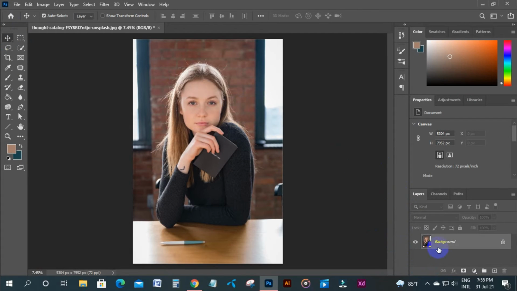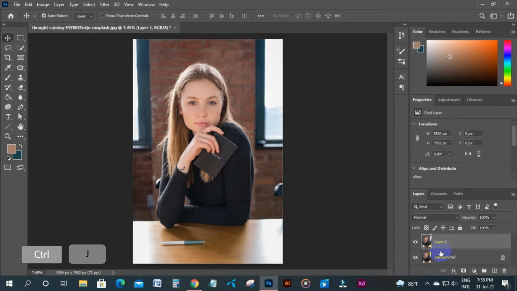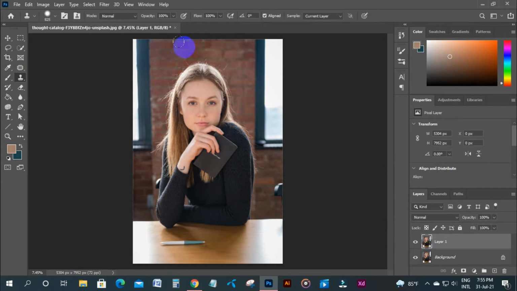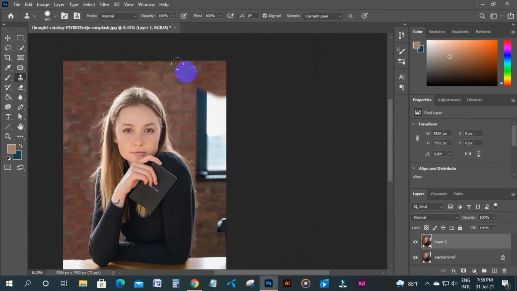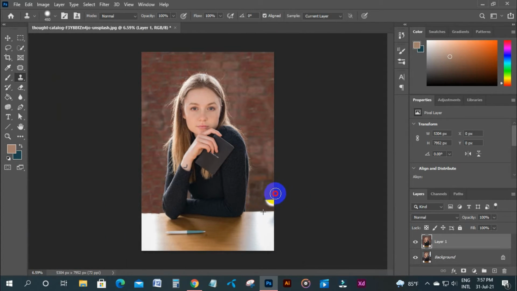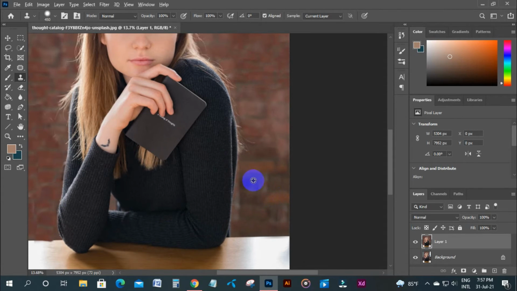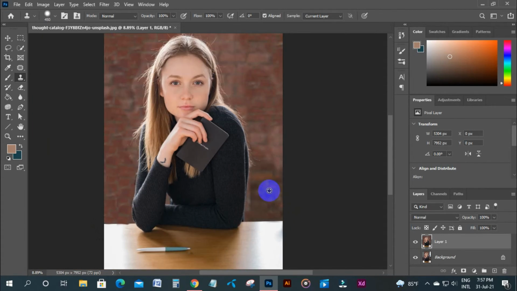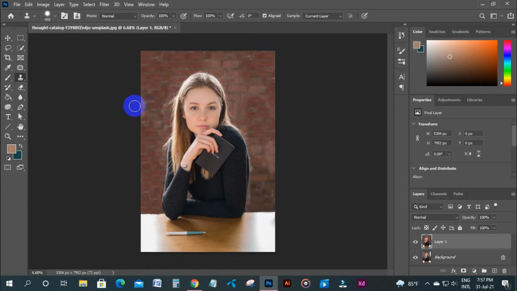Now go to layer, then press Ctrl J. Now take clone stamp tool and press Alt to take sample and simply brush. You can see it is complete. This is